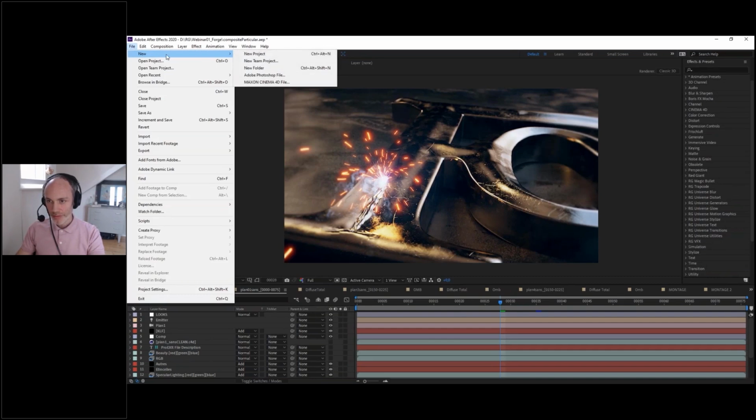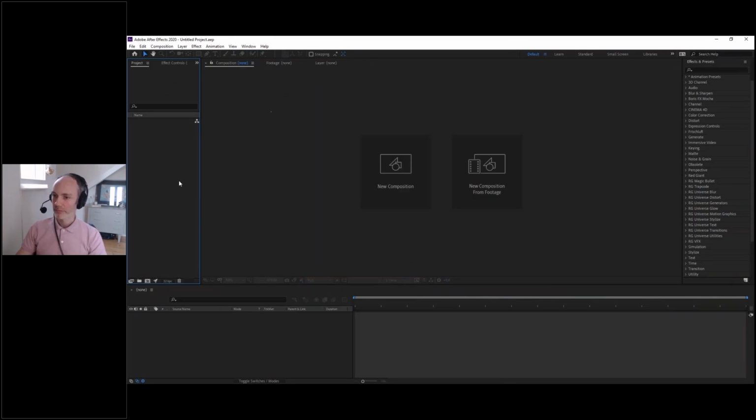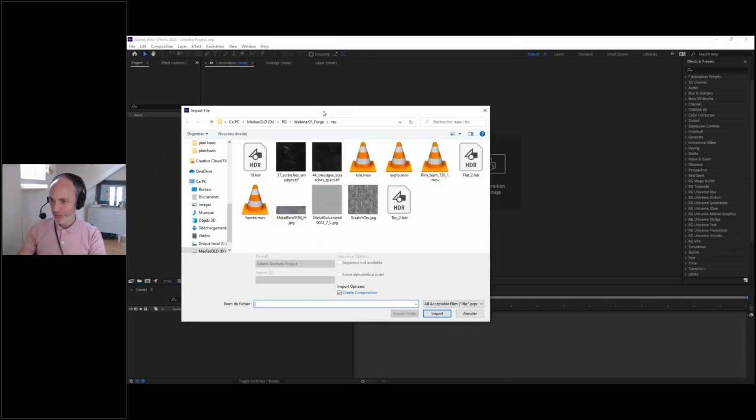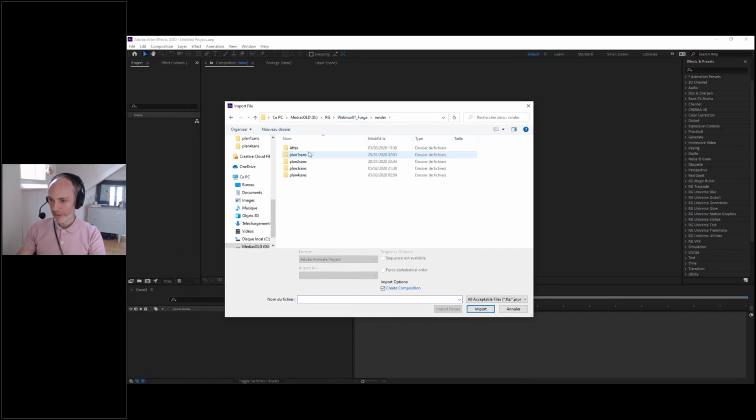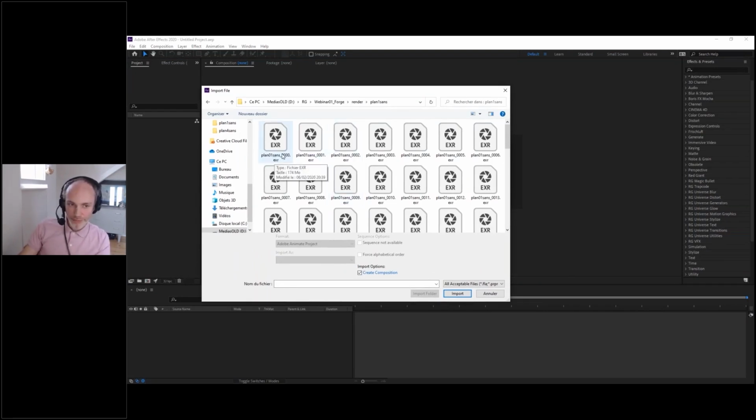And I'm going to start with a new project to start from scratch. Okay, so I'll import the files already rendered. So in render and the first shot. Okay, so these are OpenEXR files. That's very important. I work now exclusively with OpenEXR files because they are 32 bits, so they are floating point files. We can have values brighter than pure white. So that's very interesting to work with. You'll see why. And OpenEXR is able to contain as many render layers as you want.